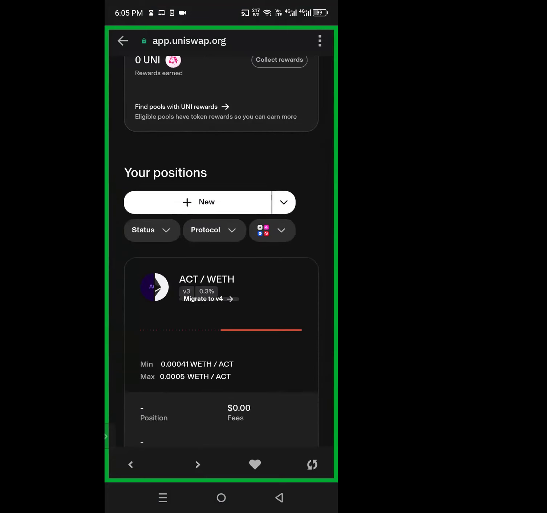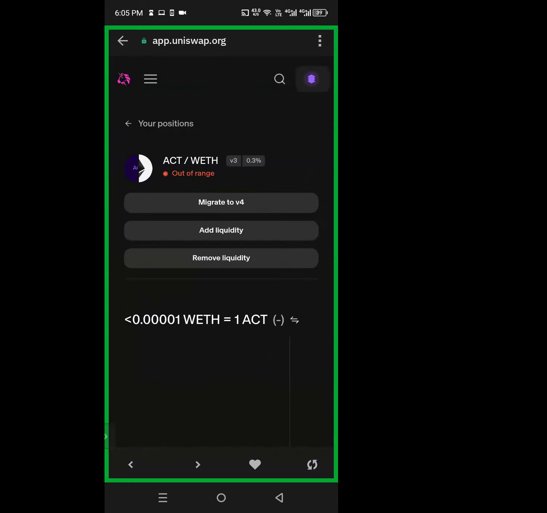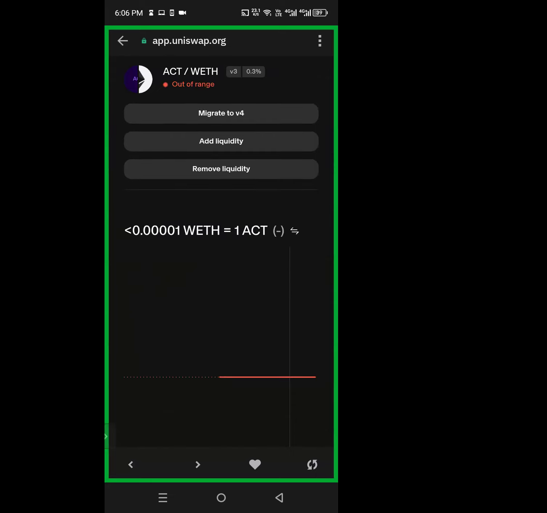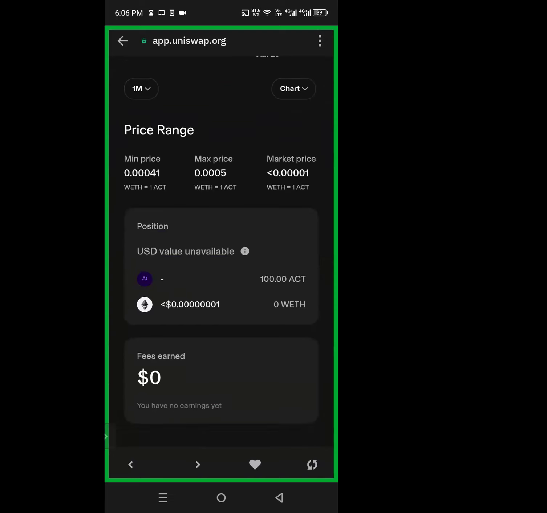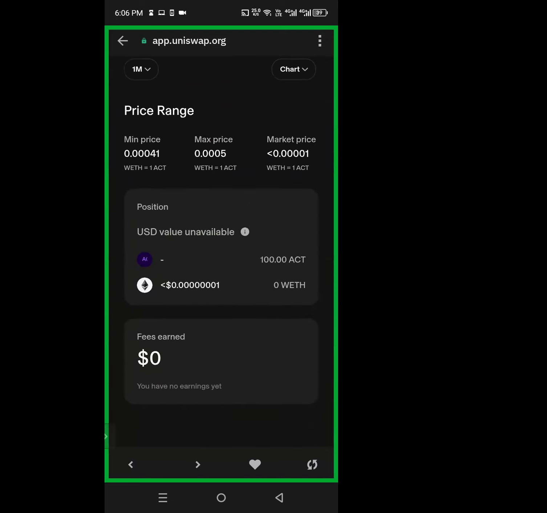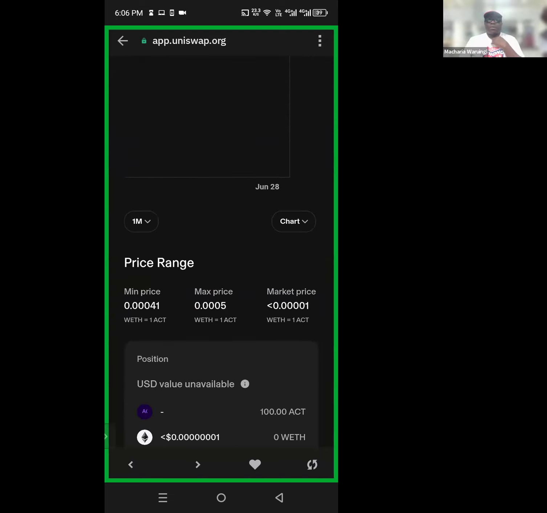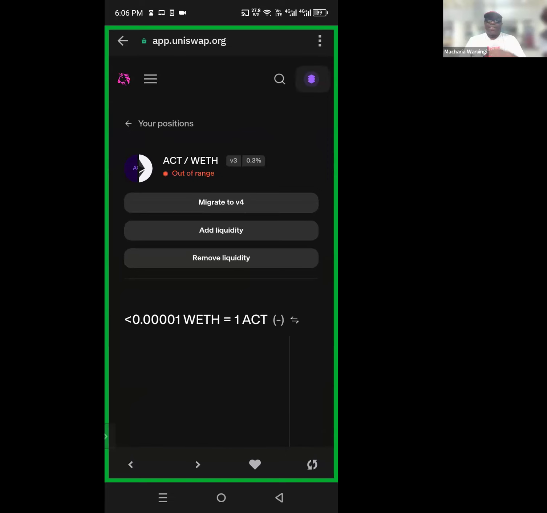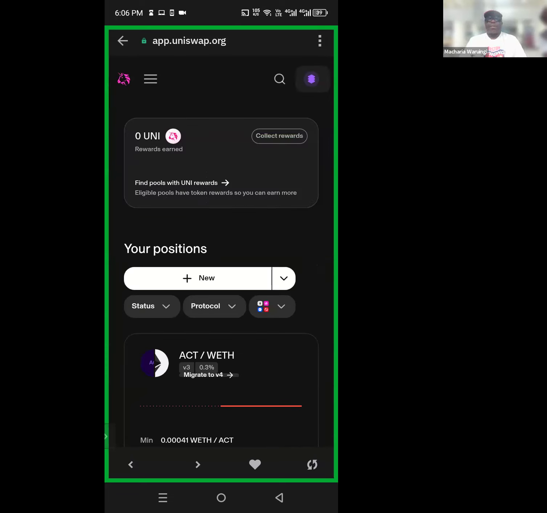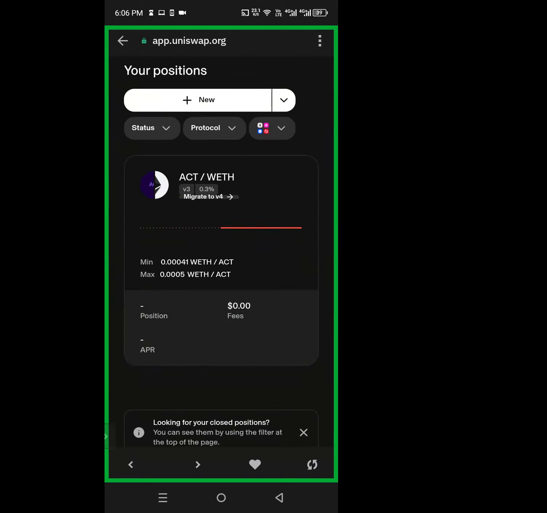From here there is status: in range, out of range, closed, so you can see the status of the pool, and the protocol. We want to see whether it has given me the NFT, or whether it's going to deposit it to my wallet address. It used to be on the top right somewhere, but I don't know anymore because I have not seen this.